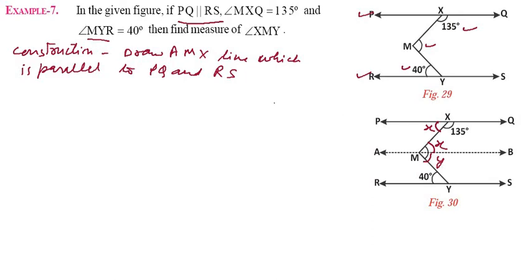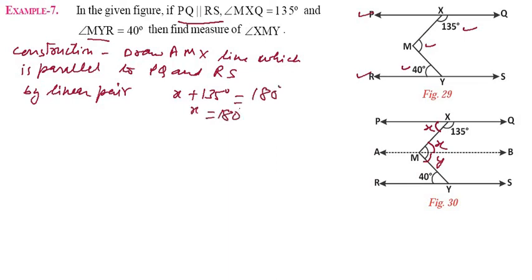So you can write linear pair first of all. What will happen? X plus 135 will be equal to how much? It is 180 degree. So X will be equal to 180 degree minus 135 degree. So what will happen? 10 minus 5, that is 5, and here 7 minus 3, that is 4, and it is 45. So X will be 45, and by alternate interior angle,